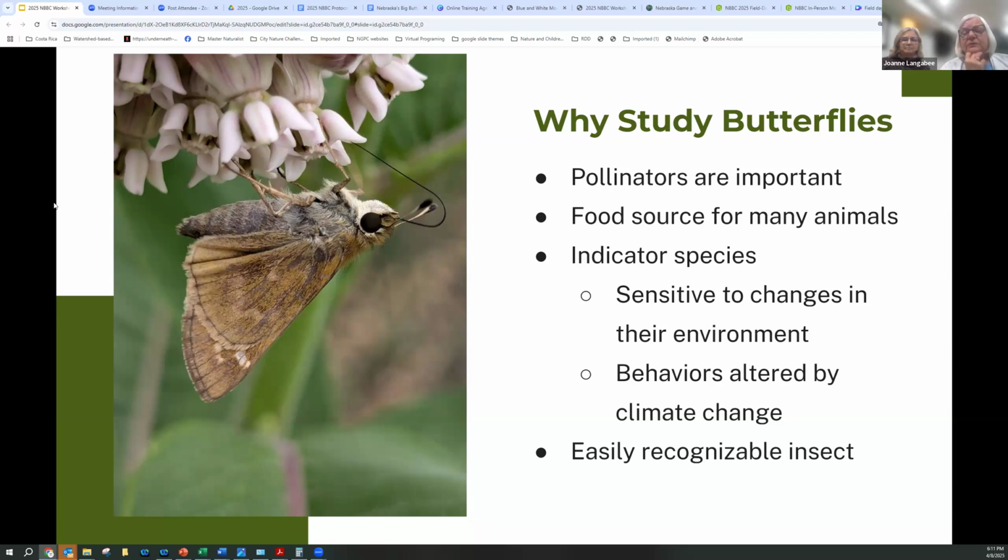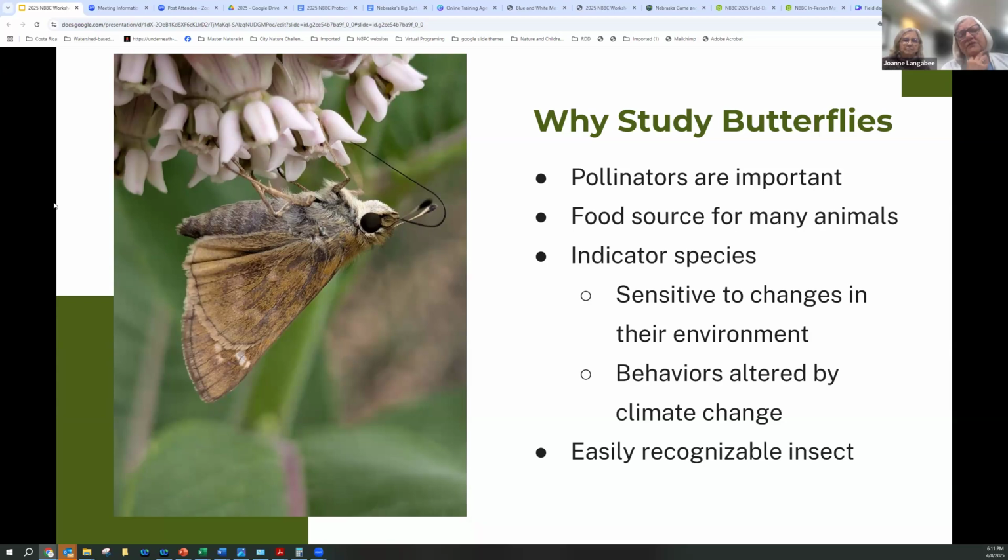Butterflies are an indicator species. They're sensitive to changes in the environment. Their lifespan is only about 3 to 4 weeks, and so they can respond to what's happening in the environment much faster than, say, the coyote or muskrat, whatever animal it might be.